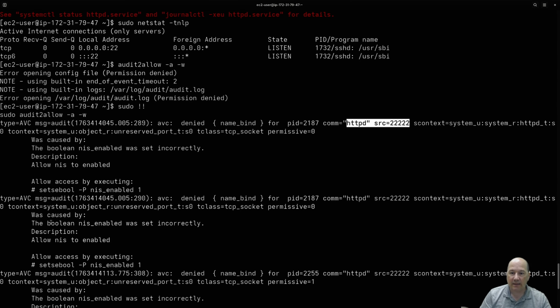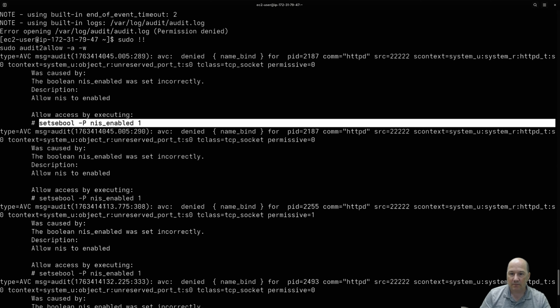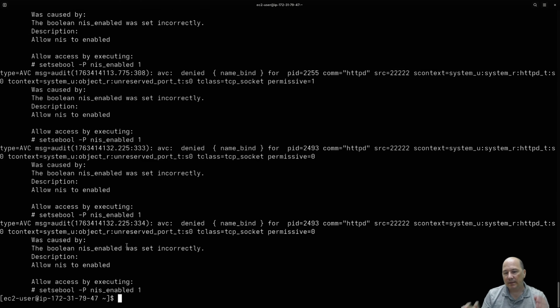And it's saying that, hey, if we just ran this right here, it should fix it. If we allow that access. Now, this is one place where audit2allow gives you some information and it's wrong. In fact, it's almost always wrong, but it puts me along the right area. So the problem is the port,